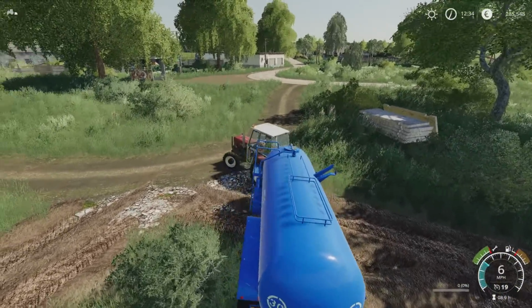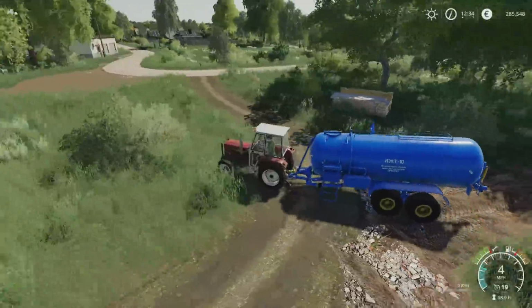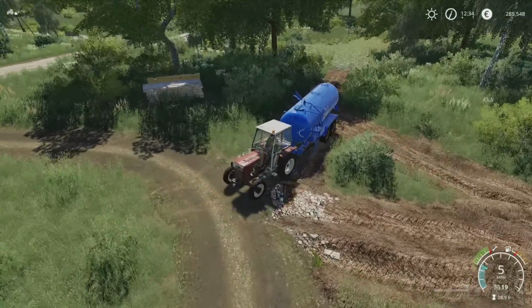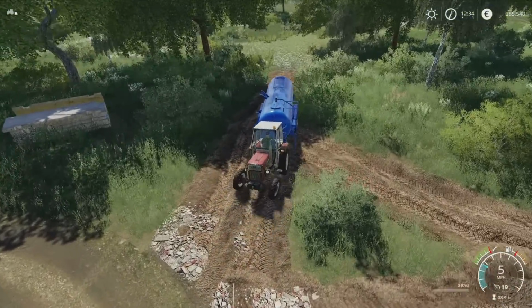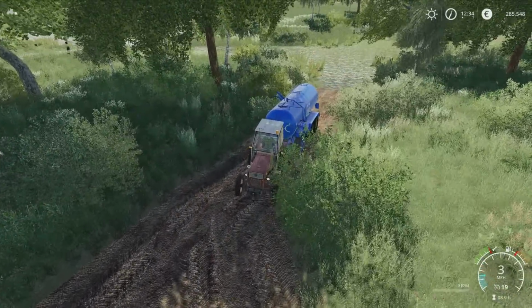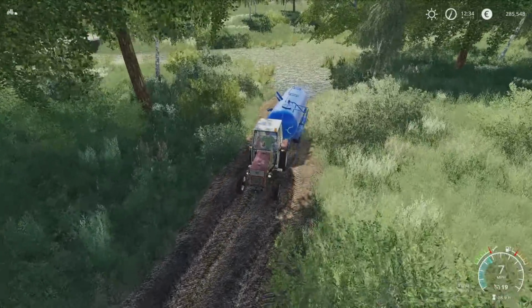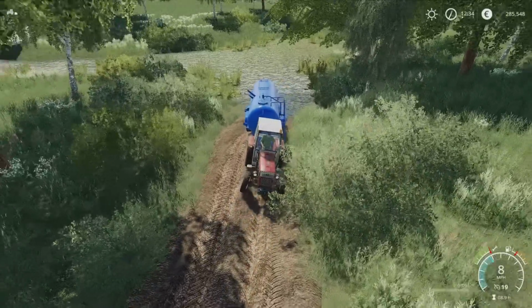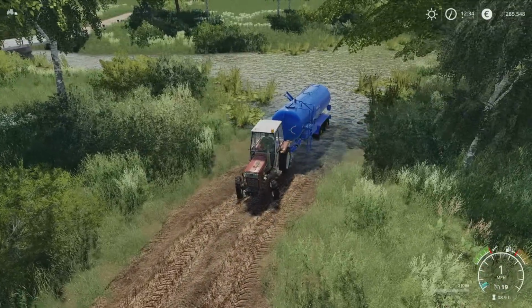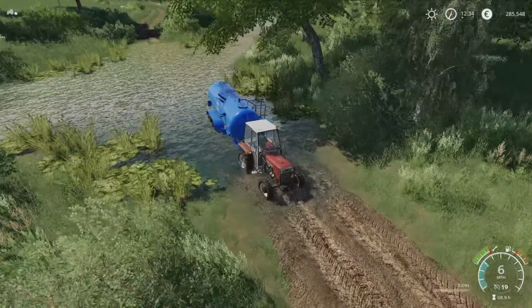The other thing as well, because there's a lot of the periphery, a lot of the edges and all the stuff around the map is kind of available to use. And what I might do is bring the mowers up here and cut some of the grass around here first, just because it's close to the sheep farm, it'll be a lot easier, I think. I don't assume this will work. Let's try it, shall we? Or maybe not. Maybe we need an actual...